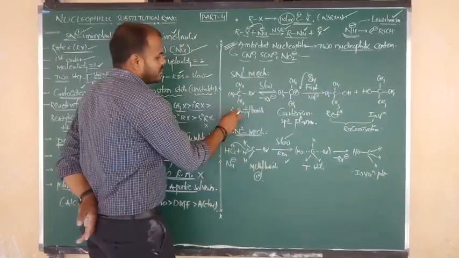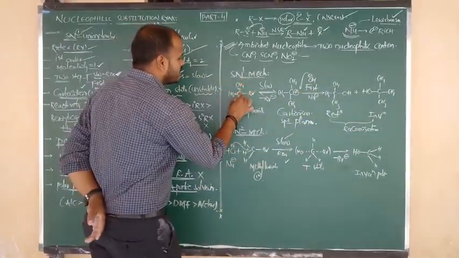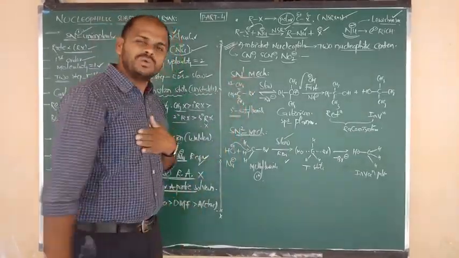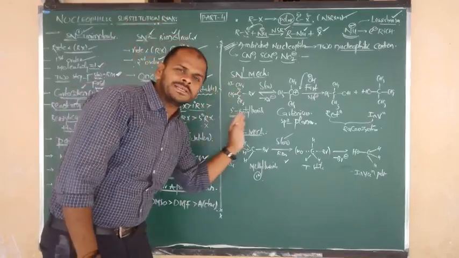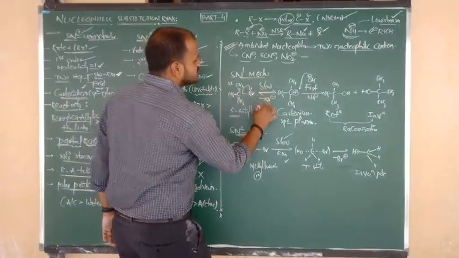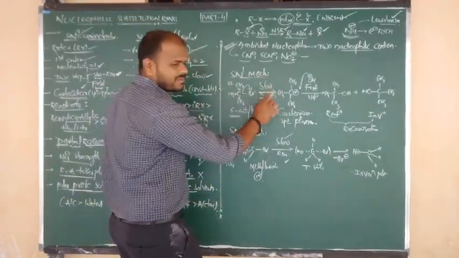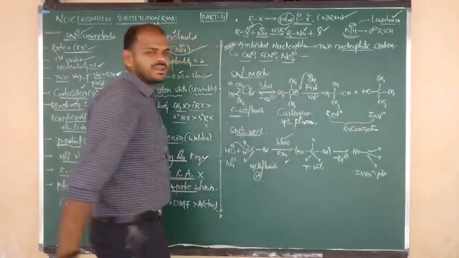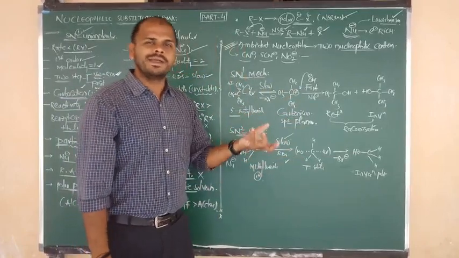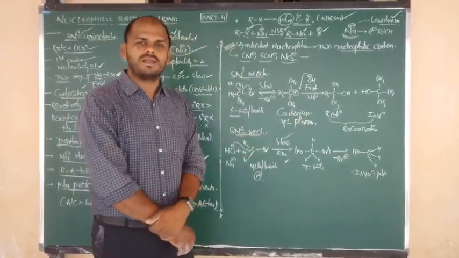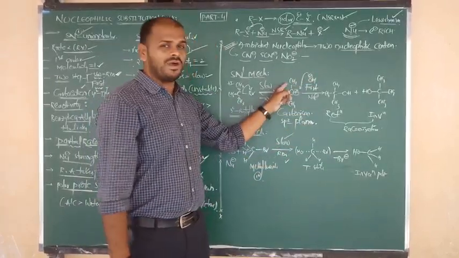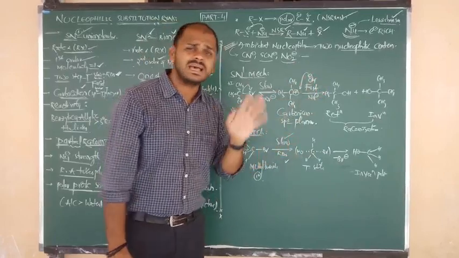In SN1, the first step is reversible, and the second one is irreversible because it is the fast one. Okay na? Right. So here, 3 methyl groups are there, and they have positive inductive effect. Due to positive inductive effect, due to polarization of the sigma bond, the central carbon is ready to lose the Br minus. After the loss of Br minus, the central carbon has a positive charge, so we get a stable carbocation intermediate, sp2 trigonal planar. Due to its planar nature, it is attacked in the fast step by a nucleophile, OH minus or CN minus, as you wish.